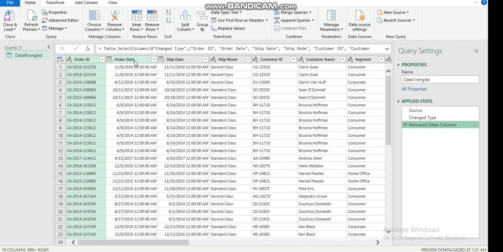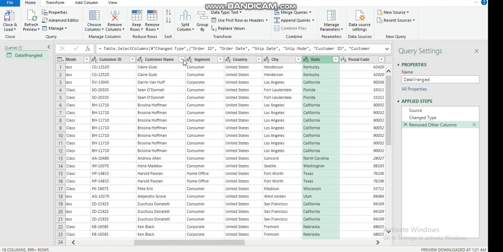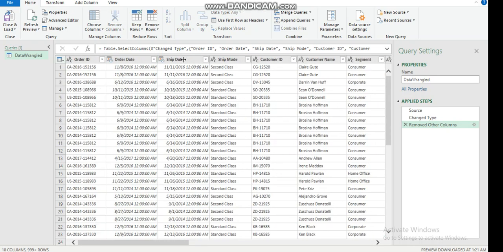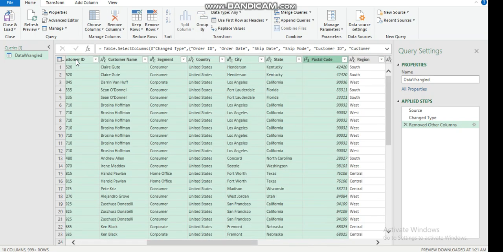More so, I have the order date, I have the ship date and all these other dates. So once I remove what I don't need, and I don't think I need to split any text to column, I can remove the duplicates just by highlighting everything that I have. So I can remove the duplicates. So when I highlight everything,